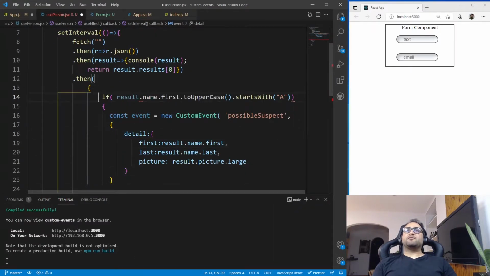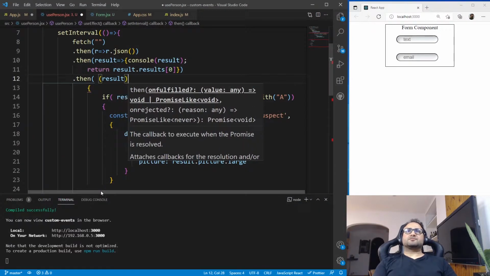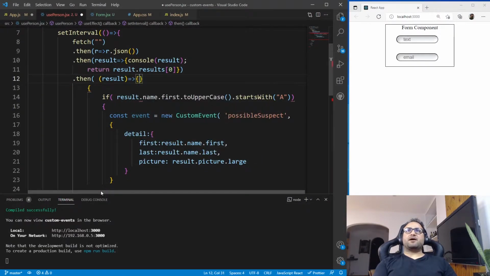Let's hide it for a moment. So what am I saying? Let's take result here. These are my promises, and I'm just taking the values from. So for those who are new to promises, who don't understand the syntax, what I'm doing is, as soon as I get a fetch, I convert it to JSON, and it is this r.json that is going as input to the next then statement, which is over here. So this result is nothing but r.json. Similarly, this result over here is nothing but result.results